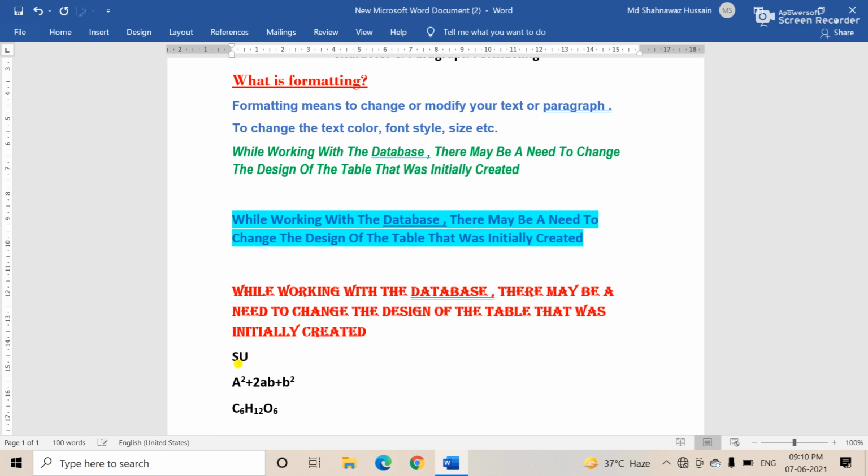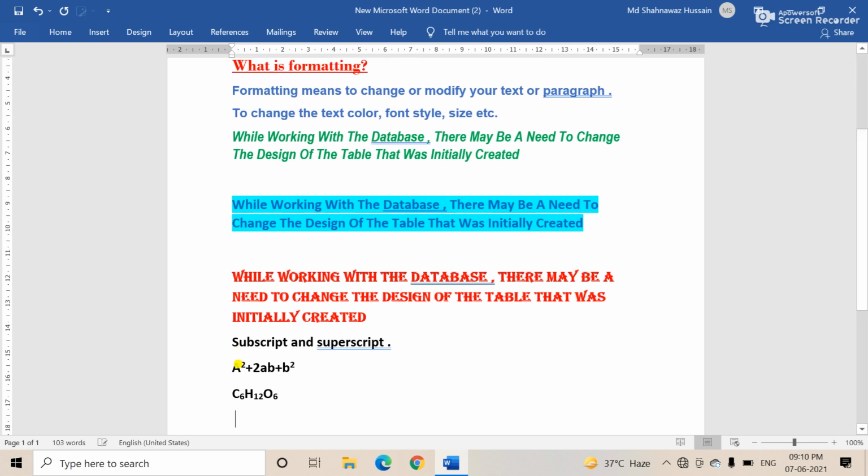Okay, this is subscript and superscript. Okay, next we are going to discuss about the